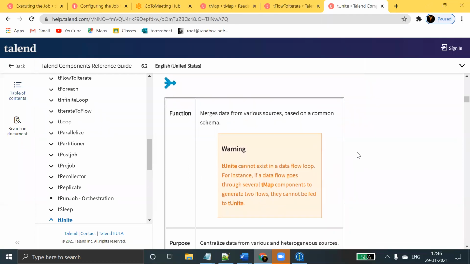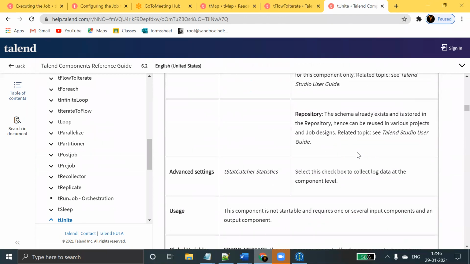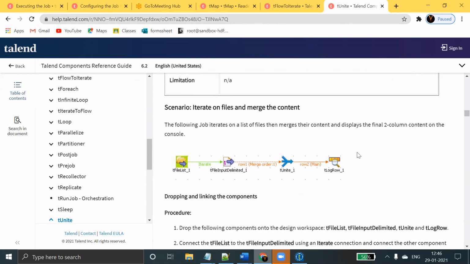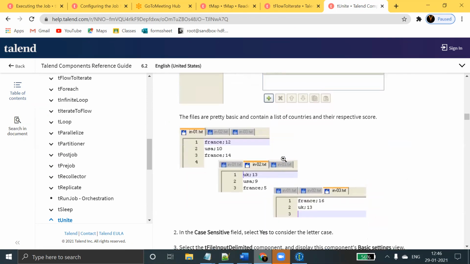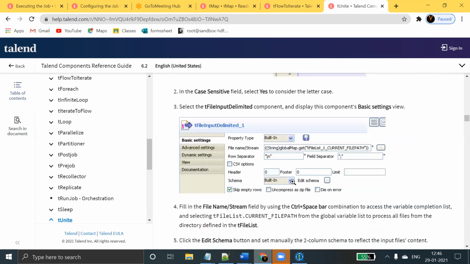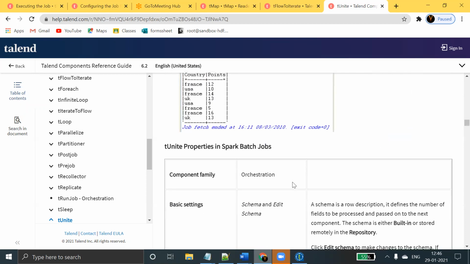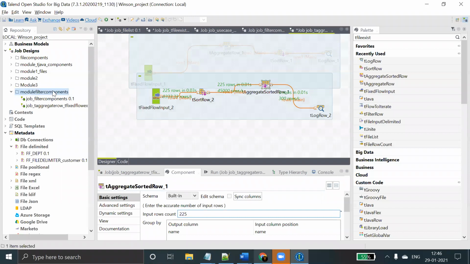Suppose two sources are there, you can merge them by using tUnite. In the last class we also saw that when you have multiple files and want to club them as one source, we use tUnite. If you have different sources 1, 2, 3 and want to make them one, you can go for tUnite. Okay, let me go through an example.